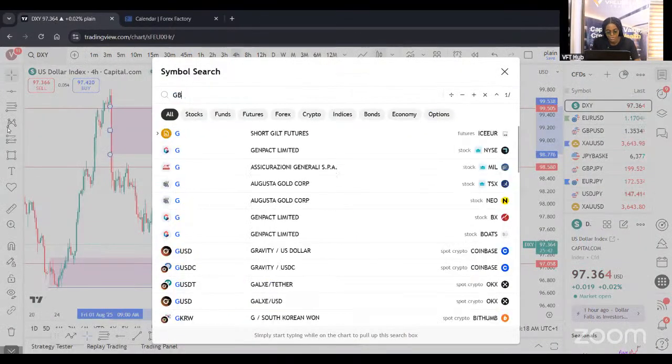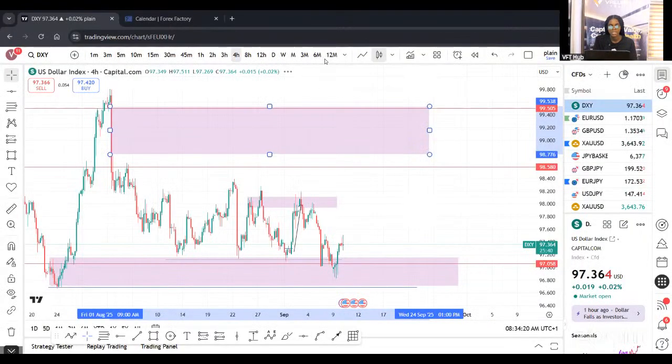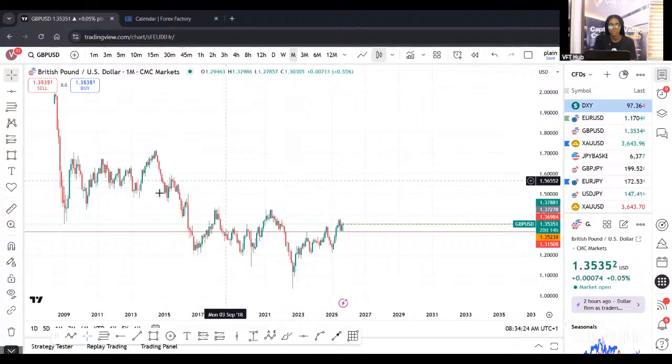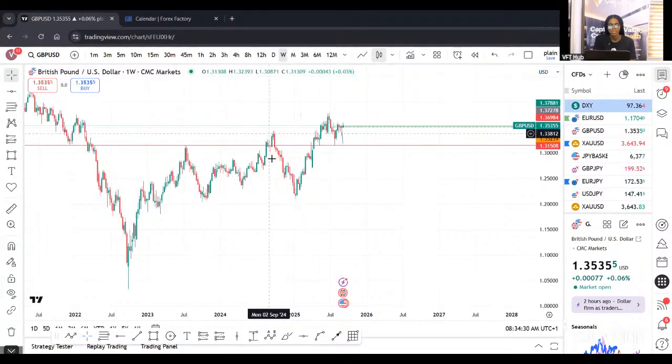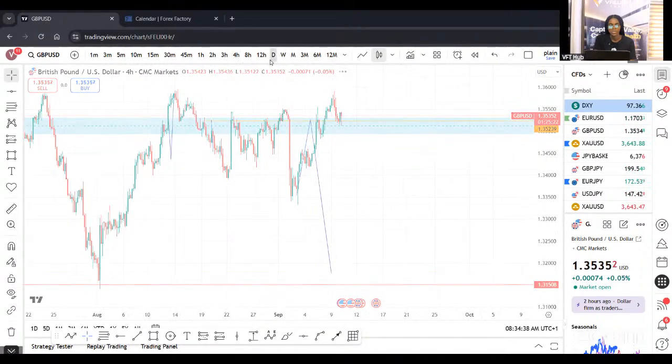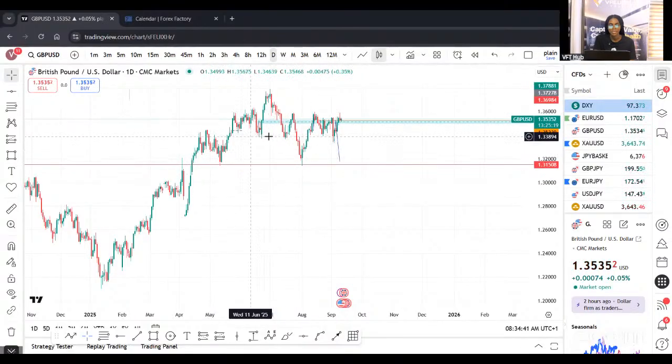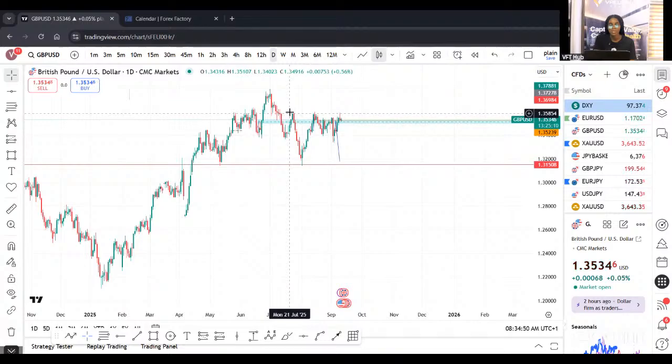And down to GBP USD, let's see what price is doing right there. On the monthly time frame for GU, we're seeing that price has been bearish for a period of time now. Coming down to the weekly time frame, we saw a break of the high at 1.34308. On the daily time frame, we've been seeing price ranging for a period of time. We saw a break of structure right here, and price retraced back into this resistance at 1.3574. Price retraced into that level, and we've been seeing a bit of a range off that point.